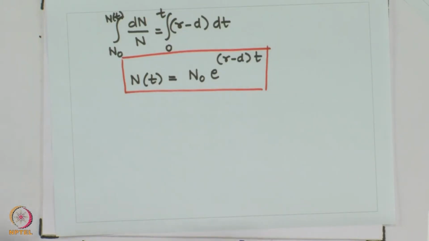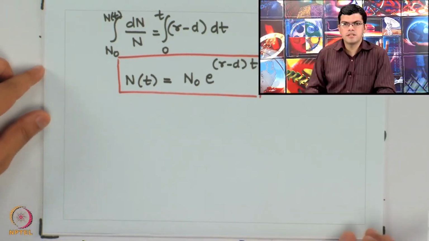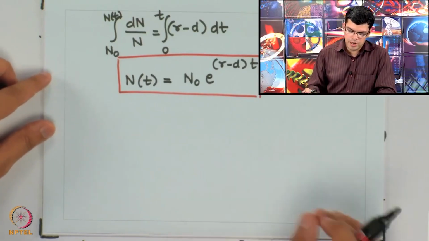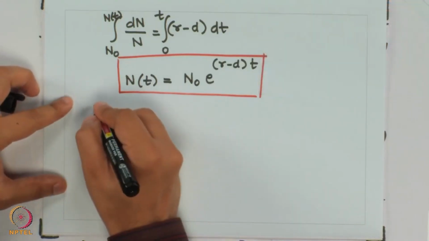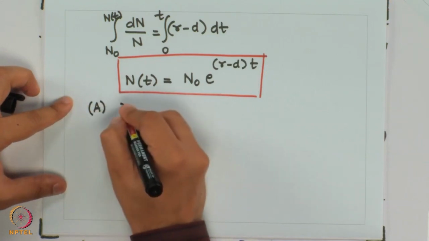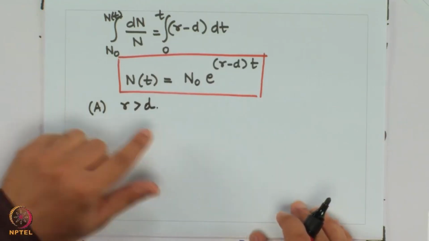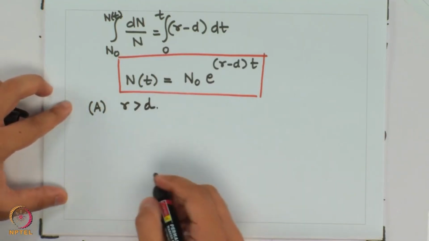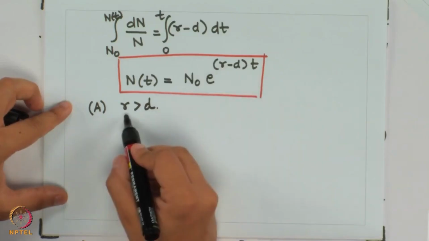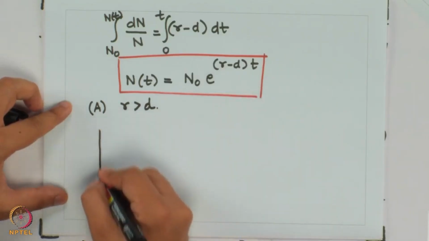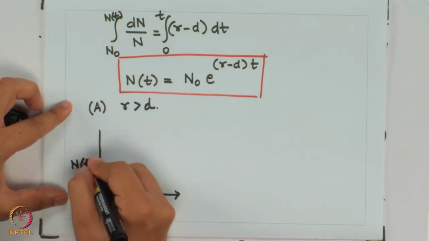So now let's consider three particular scenarios and see what these represent for growth when we plot them graphically and understand the variation of n with time. In case A, we are going to take a case where r is bigger than d, which means the rate at which growth is taking place is more than the rate at which death is taking place. If that is the case, the exponent of this equation, r minus d, is a positive number because r is bigger than d,